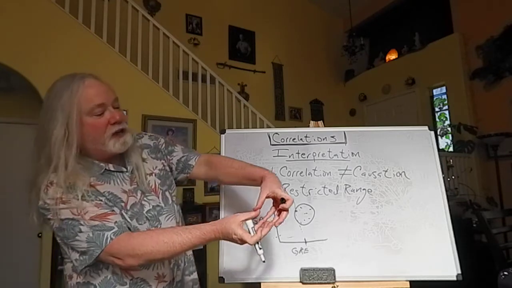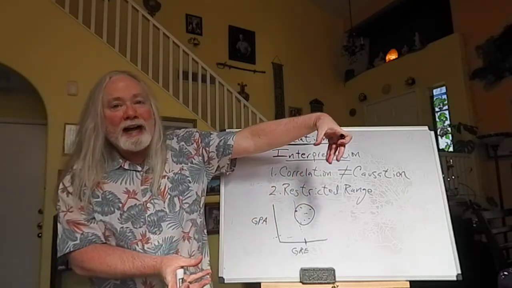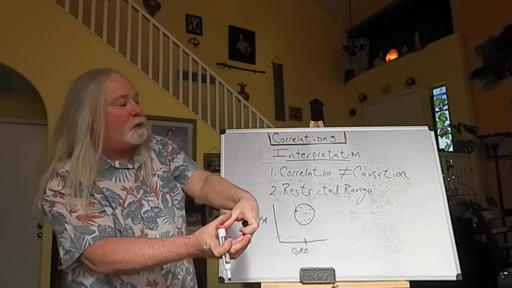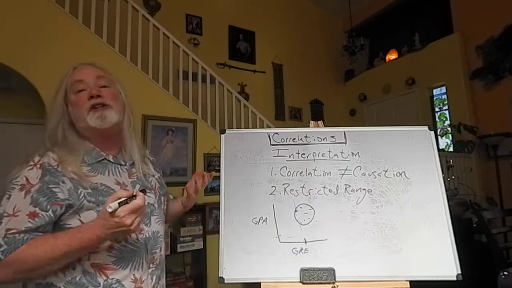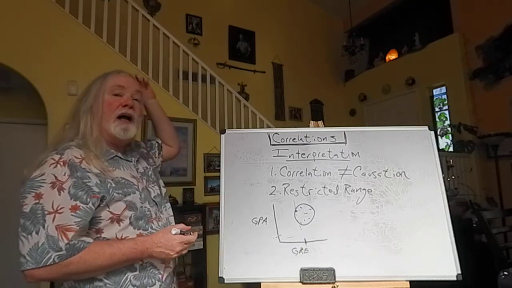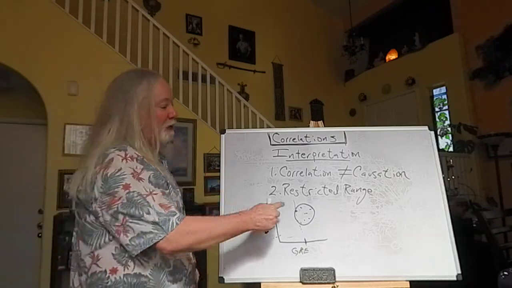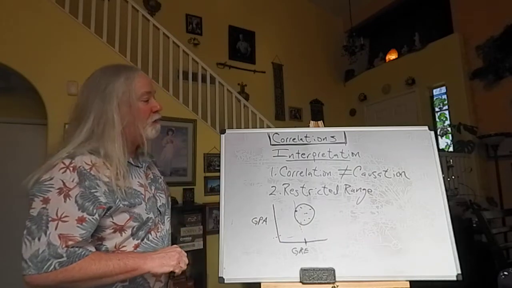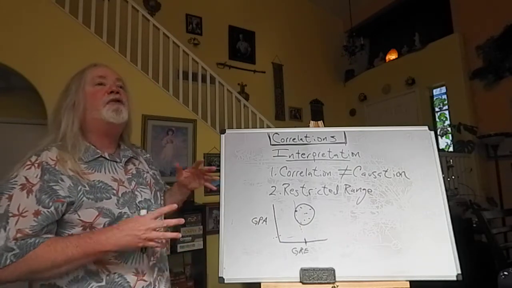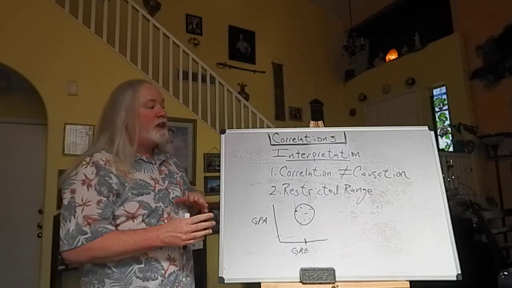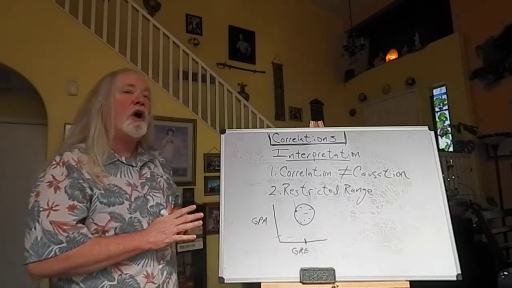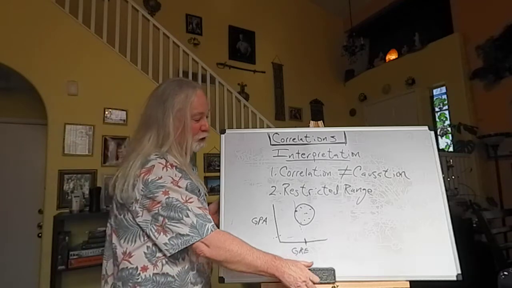So while we did have this nice long string of dots, we now have truncated it. We've restricted it down so that it looks like independence. And so naturally the math answers would change from a nice high positive value down to close to 0 here. So we just have to be aware that if we're looking at data that may be range restricted or truncated, we might be getting presented a false snapshot of what's going on here.